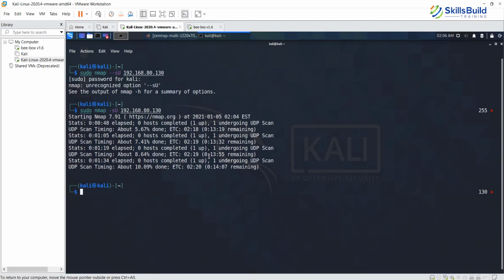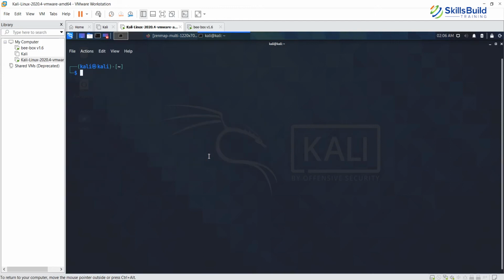So let's now run the Christmas tree scan. This is one type of scan that you can run in Nmap, and it uses -sX -T2 192.168.80.130.